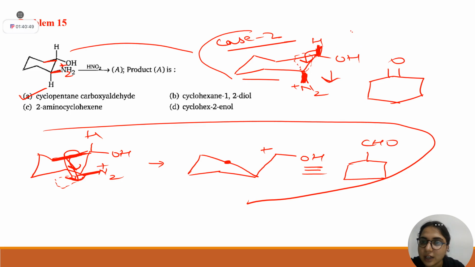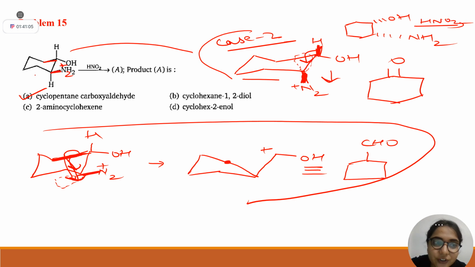Ma'am, I was thinking how we will get it. The examiner will ask you this question like this. He will give you OH and at wedge NH2, and on the arrow they will write HNO2. They will not give you chair conformation in the exam. You have to make this, okay? So you should be clear in this. They will give you like this.